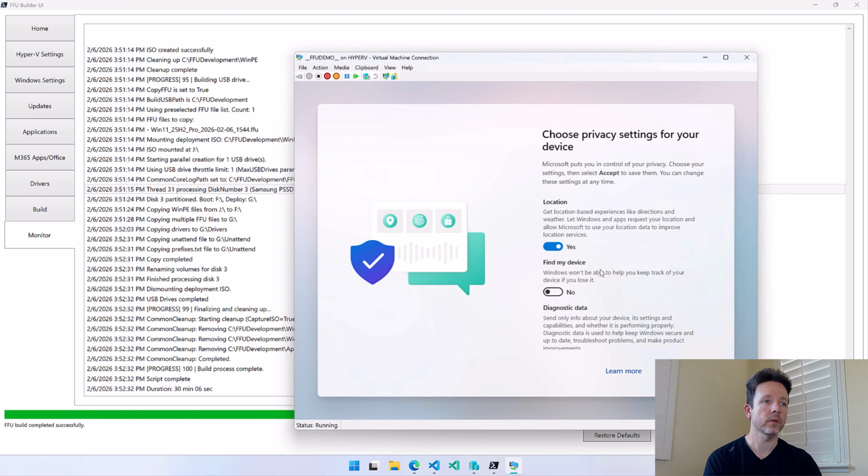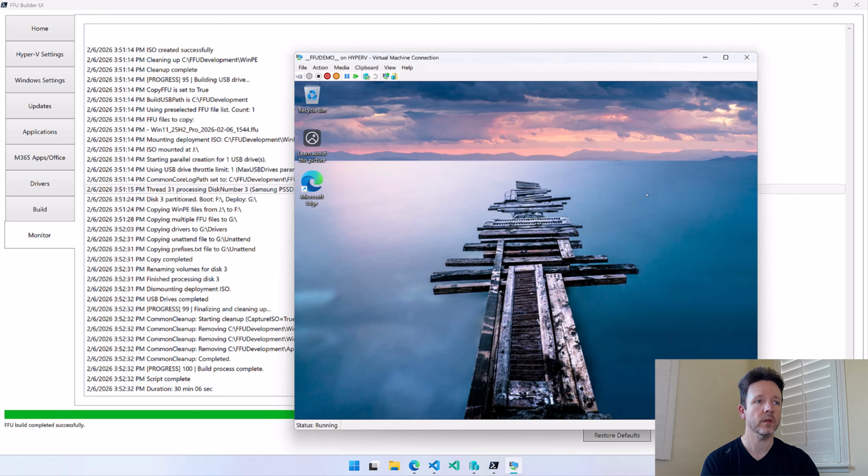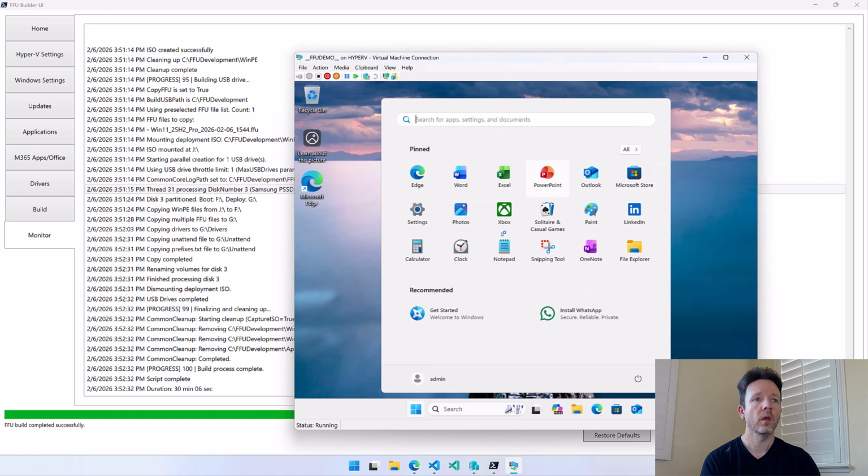Okay, so because we're going through the first logon experience with just doing a local admin account, we're going to get privacy settings. We're going to get a lot of stuff that you typically wouldn't see if you're going through Autopilot. So just hit next just to get through all this. And because it's a Pro install, we're going to have a lot of things in here that you might not expect, like